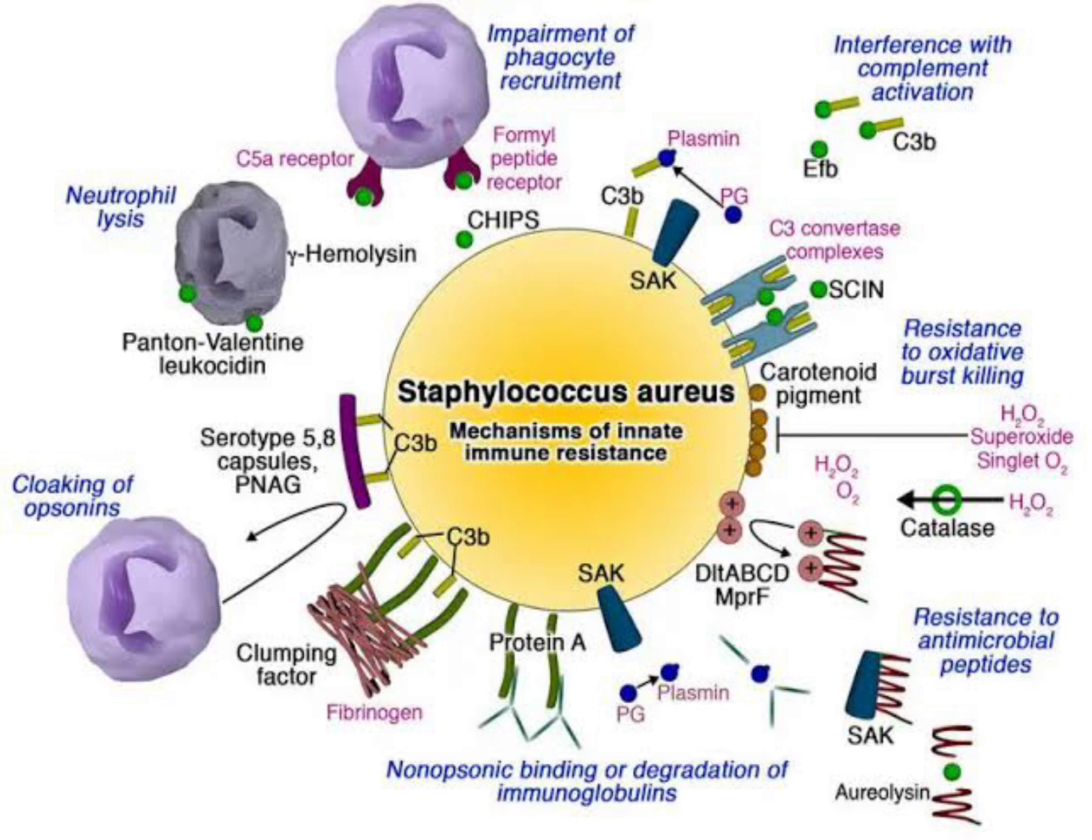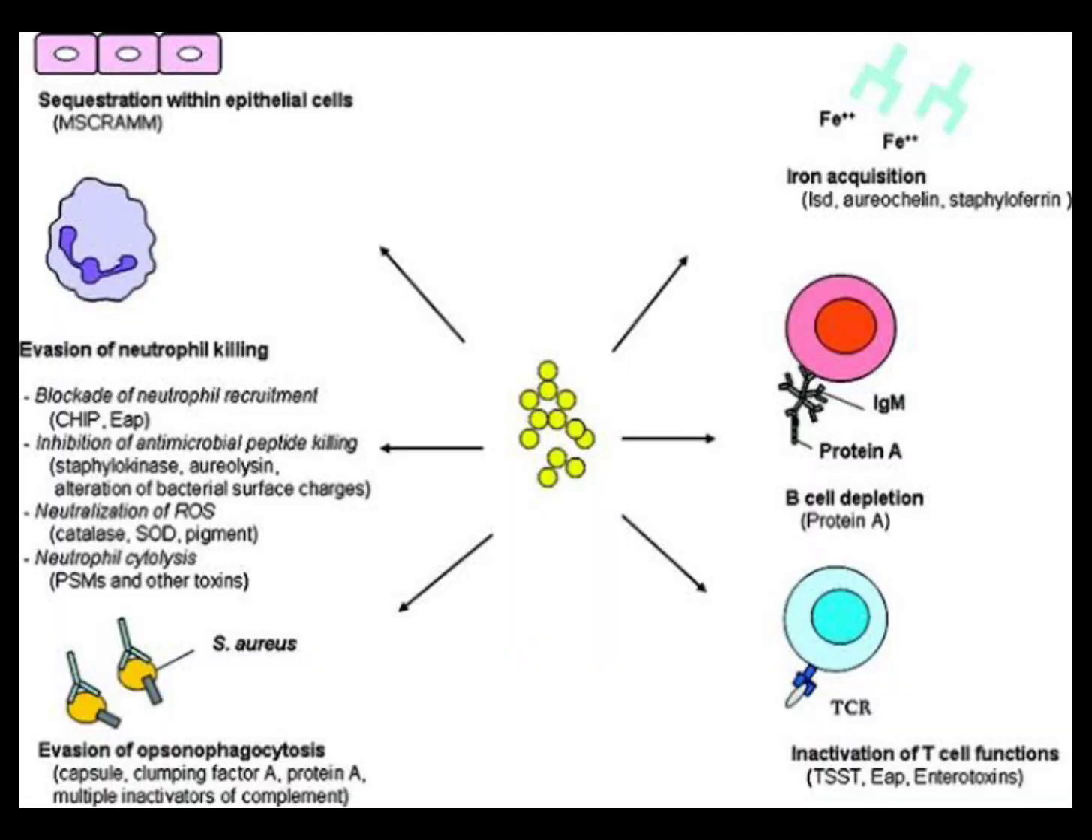2. Capsule. This is a polysaccharide layer that surrounds the bacterial cell wall and protects it from phagocytosis and complement-mediated lysis. S. aureus can produce 13 different types of capsules, with type 5 and 8 being the most common in